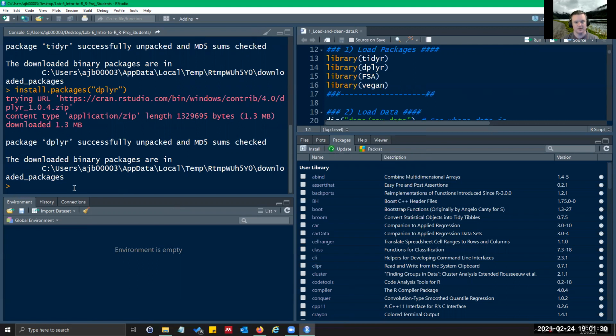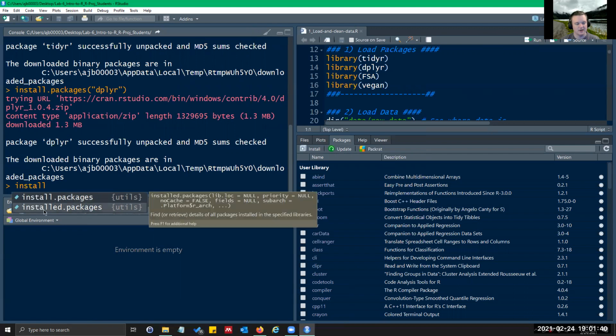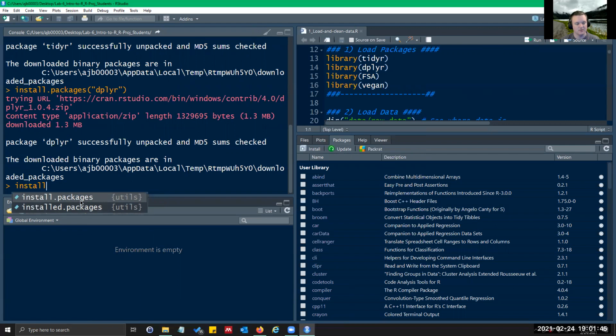If I wanted to do it via code, I could do install.packages. If you're doing it in RStudio, it pops up. I think you don't want installed packages, you want install.packages.